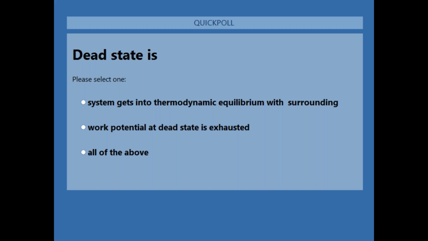The question is about your understanding of the dead state. We have been discussing that in exergy calculations, we assume